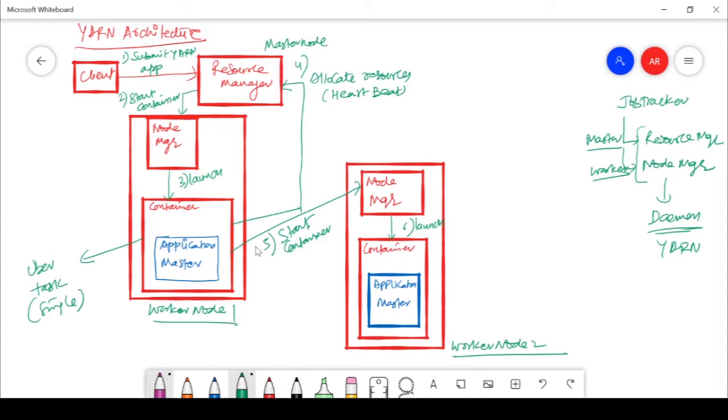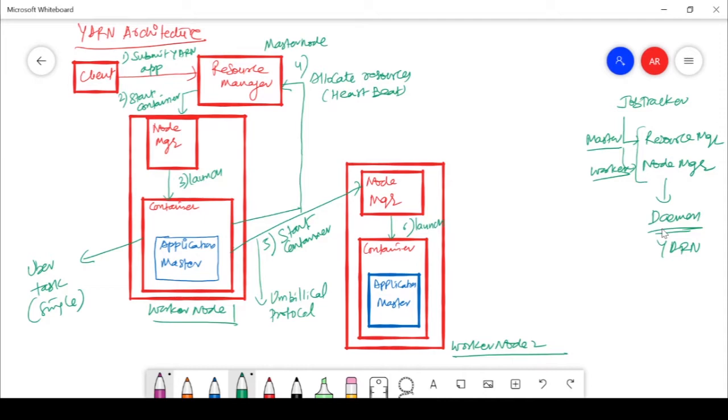This process of executing the container on another node is done through the umbilical protocol. What is the meaning of umbilical? Umbilical is actually a cord. The umbilical cord is there when a child is born, attached to the mother, and then the doctor cuts that cord, which originates from the navel of the child, right?